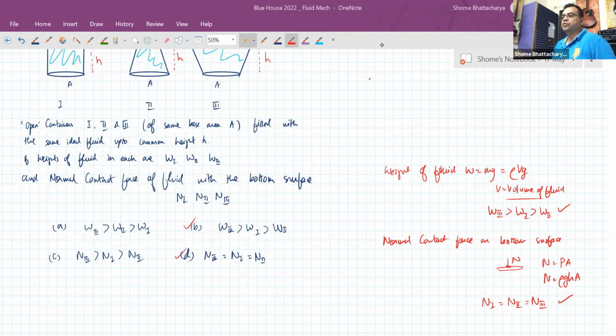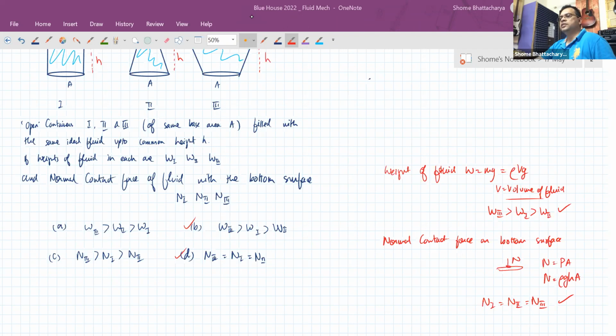But then do you see some kind of contradiction happening over here? If normal reactions are equal but weights are different, then how can we justify from Newton's second law that net force should be zero? Okay, the explanation I've given here is correct. But then how can we justify this result in terms of Newton's second law? Of course, normal reaction is a vector only, but